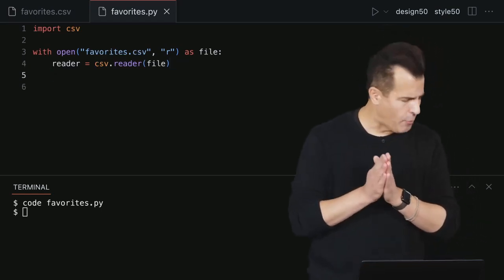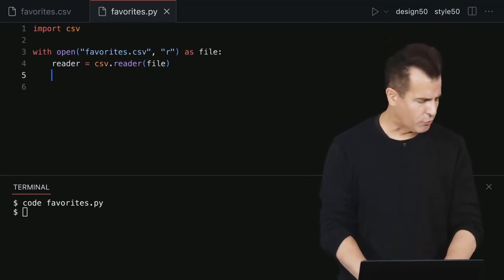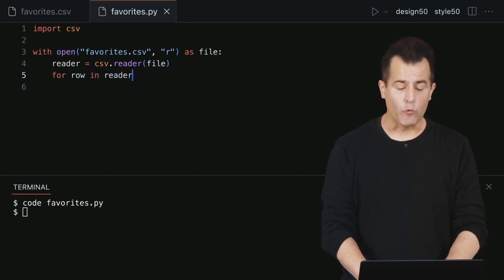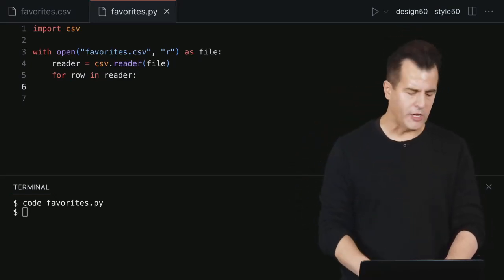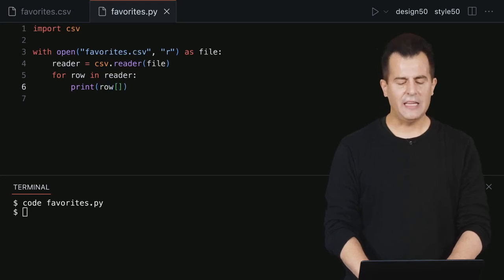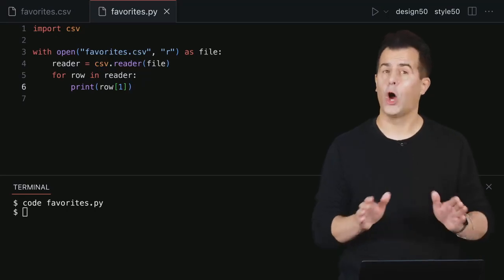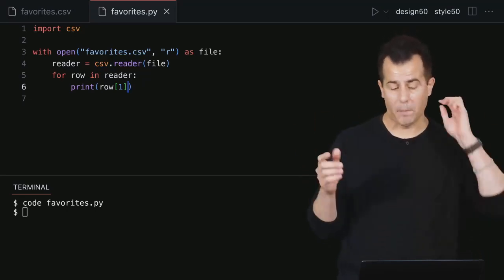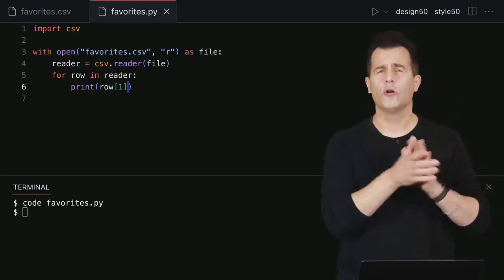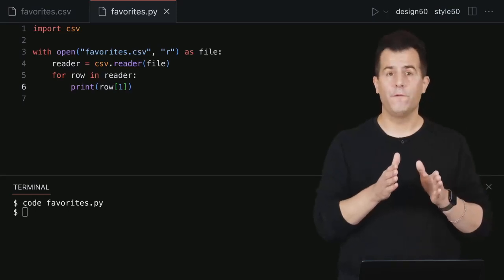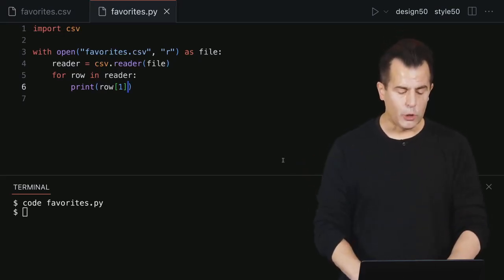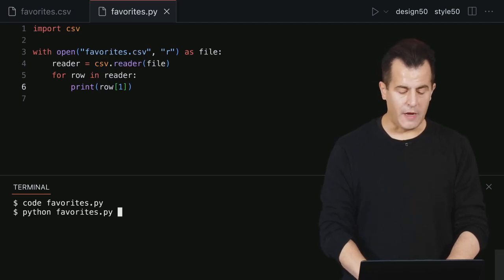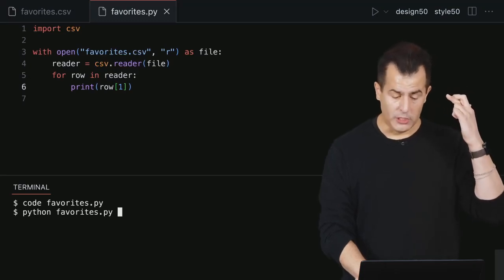Now, for the moment, I want to go ahead and iterate over all of these rows. So for each row in that reader, and this is wonderfully useful Python syntax for just iterating line by line over this so-called reader, let's just go ahead and do something simple like print out the second column we see in that file. So recall that these columns are going to be 0 indexed as our Python lists. So 0 would be the timestamp, and I don't really care about that. 1 is going to be the favorite language, and 2 is going to be the favorite problem among our problem sets. Let me go down now into my terminal window, run python of favorites.py, cross my fingers as always, and